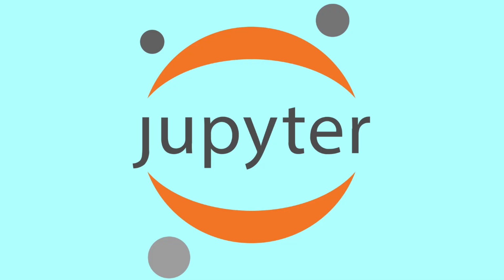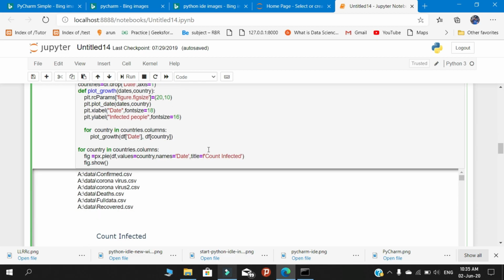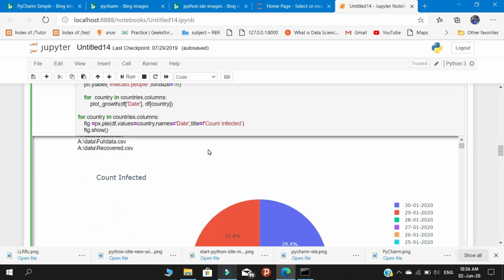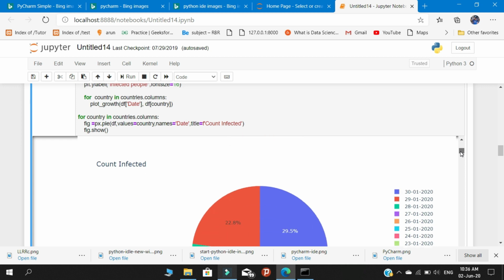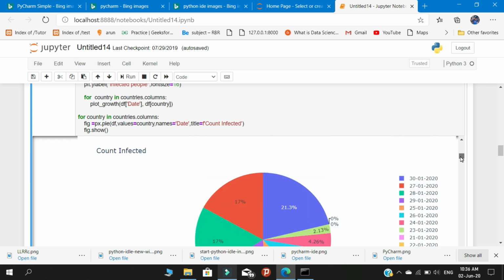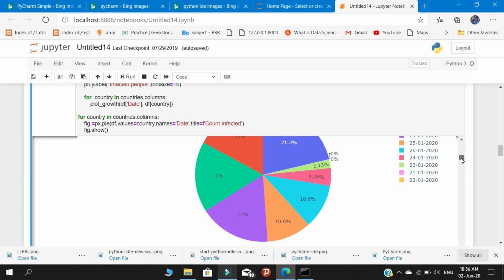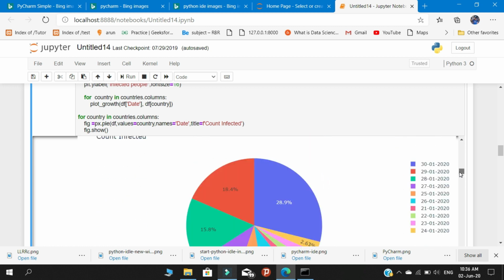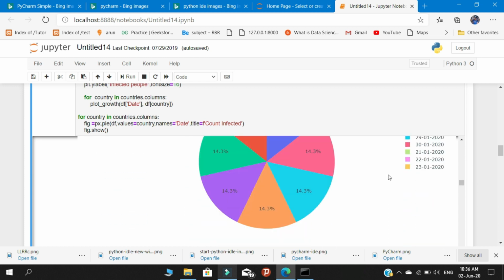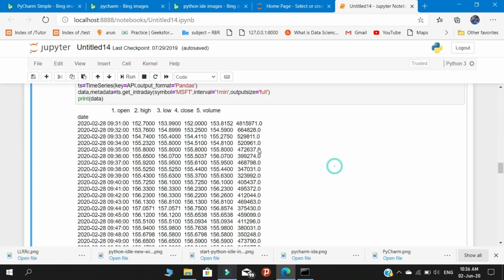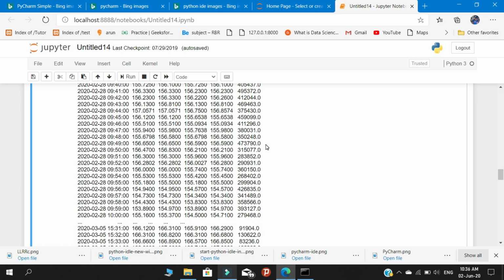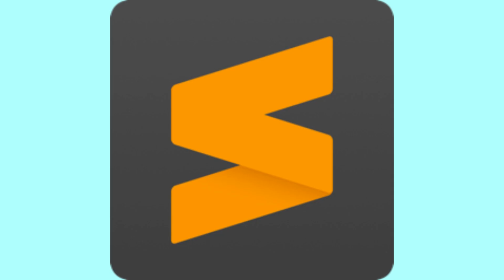And the third one is Jupyter Notebook. Jupyter Notebook is a tool for people who have just started data science, like me. Most data scientists prefer this IDE as their first option because of its simplicity and interactive representation. This IDE provides interactive representation for Python libraries such as Matplotlib, Plotly and many other Python libraries. When it comes to data science, we have a lot of workloads to train our models for our projects. Jupyter Notebook handles this in a nice way, giving an interactive representation of our projects based on machine learning and data science.